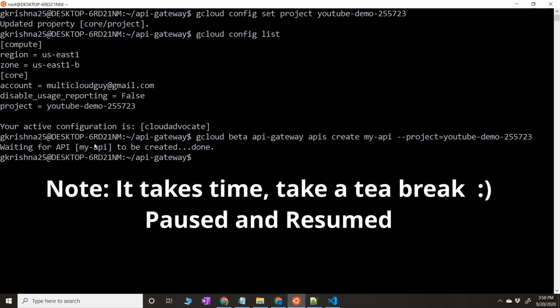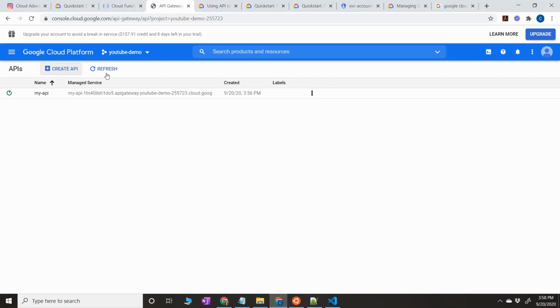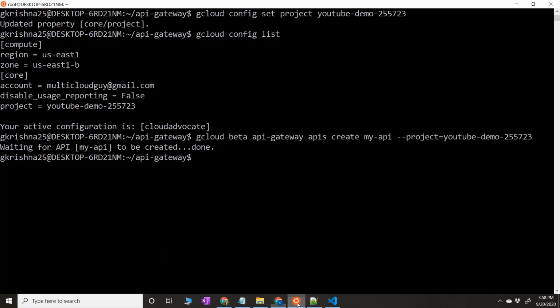All right, so the API is created successfully, and if I go back to the console and refresh the screen, you would see the update is gone and you have the new API. So the next command is